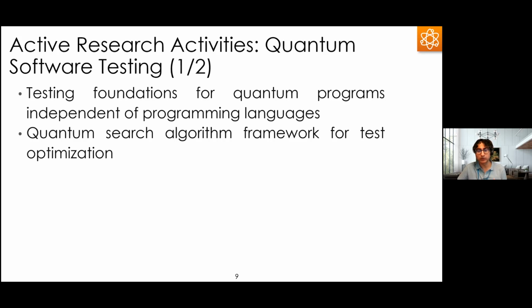And in this, we are also looking for, since, as I think Franz mentioned, IBM was testing this 10,000 qubits. So if you have a simple program with 10 qubits, 20 qubits, you can try to run all possible inputs, and you can check whether your program is giving you your expected output or not. But when the number of qubits increases a lot, then you need to do some sort of optimization. So we are looking into different versions of genetic algorithms and so on to optimize test cases for quantum